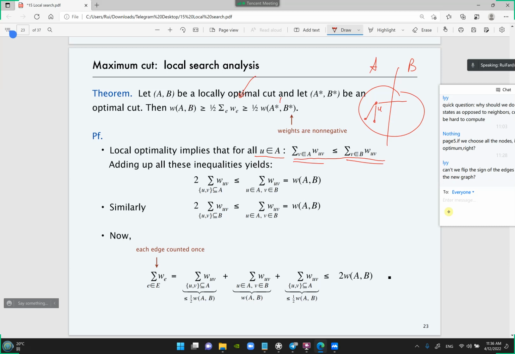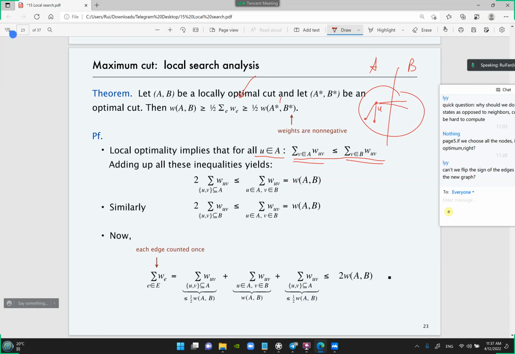Okay, then you can just move U to the other side, and you can actually improve your cut. Right? Because if you move U to the other side, now you can cut two edges, and so that improves your cut. So when the algorithm terminates, there does not exist any improving nodes. When the algorithm terminates, you cannot gain anything by moving U to the other side, and that means